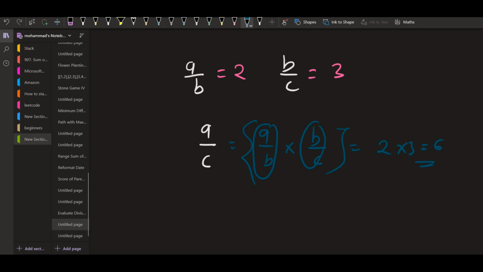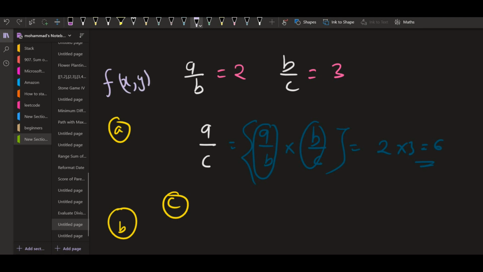But how can we think of it? If we think this in terms of nodes, let us say that each alphabet I am denoting with the help of a node of a graph. We are given a by b, that is a relation from a to b. So if there's a function f(x, y) which is given as x divided by y, there's a relation from x to y.